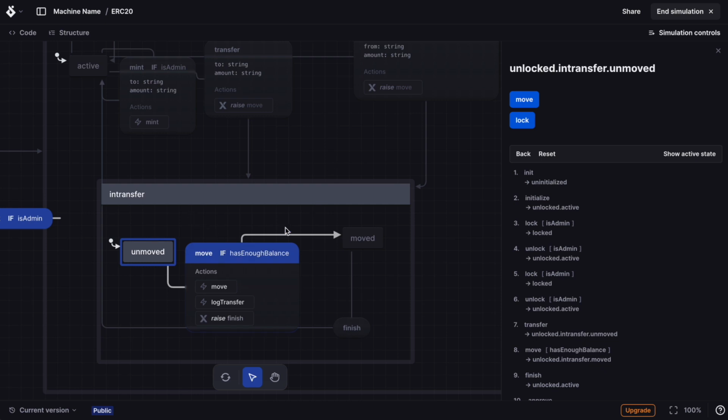Now, this mechanism of defining a state for when the asset is moved can be used to avoid reentrancy issues. If instead of an internal asset move like we have here, we would have a cross-contract call, as long as we save the current state of the state machine to storage before the cross-contract call is made, then that cross-contract call cannot trigger a reentrancy attack because it would find this ERC20 token in a state, for